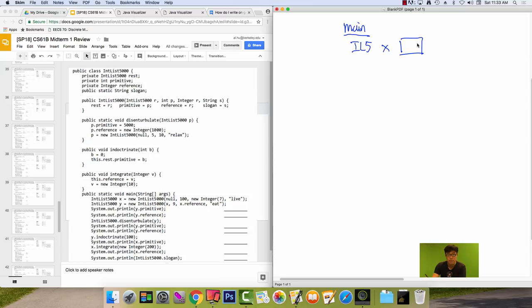So since we're creating an object, what goes in the box of x? It's going to be a pointer to where the object lives, right? So it's a pointer. And now I'm going to create my IL500 object. So IL5. It has an IL5 rest, which for this is going to be null. And then we also have an int primitive. I'm going to abbreviate that as prim. And that value is going to be